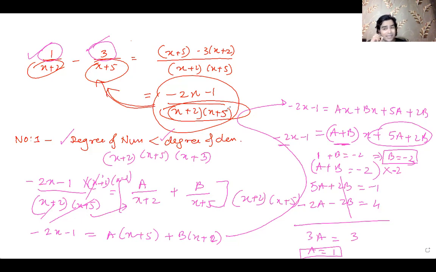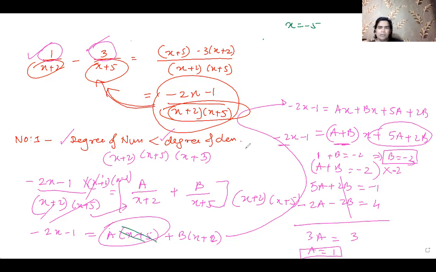But now the second technique is by simply replacing the values. I consider it quicker in some cases, but sometimes you can't find all the constants. So it is important that you use a combination of techniques and not depend on only one. Now, if I take x as -5 on both sides,